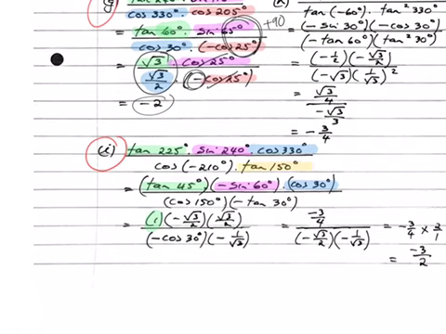Tan of 150 is in sine's quadrant. It's 180 minus 30, but because we're in sine's quadrant, it's negative tan. Now, for the next one, it's up to you which method you want to use. I just prefer working with